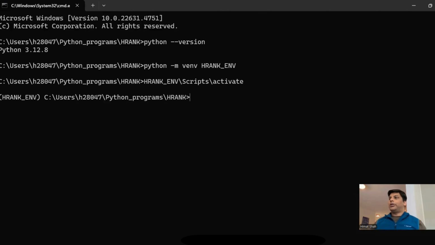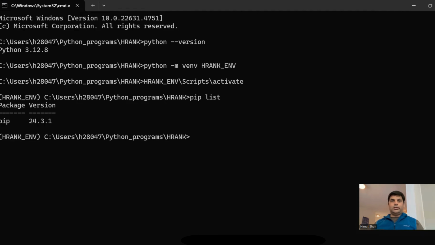In the same way, we can also deactivate. For example, to deactivate the virtual environment, we say deactivate, nothing else. Then we run pip list to find what is inside our environment. This will show nothing at the moment, only pip. So what we have to do is pip